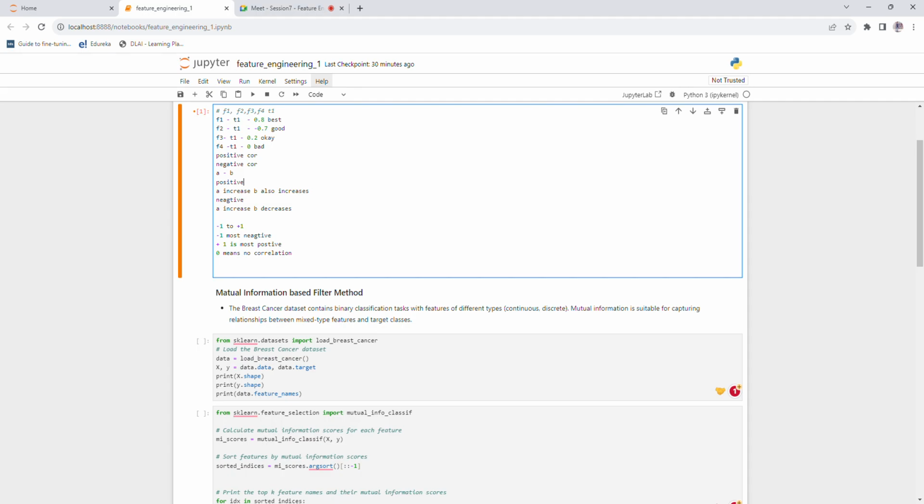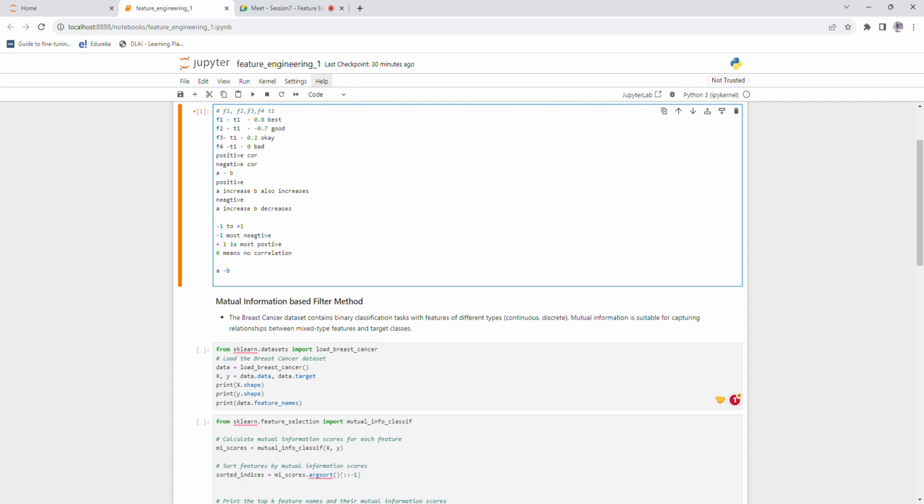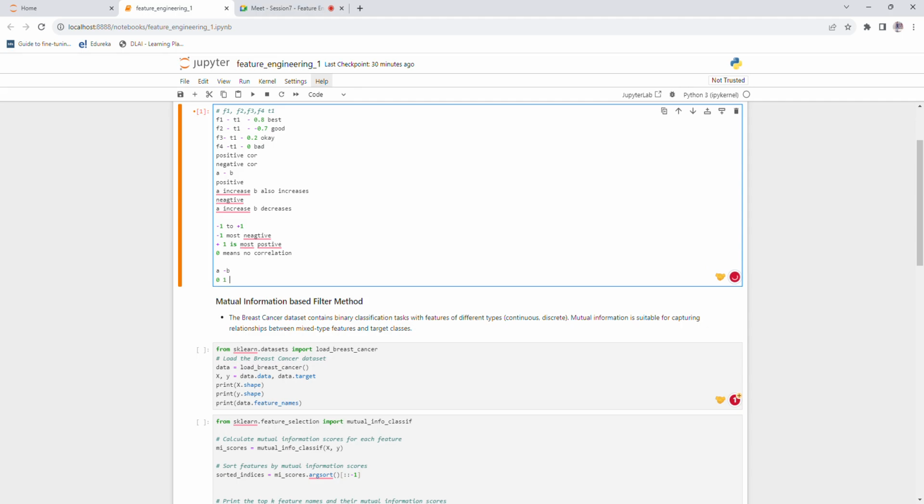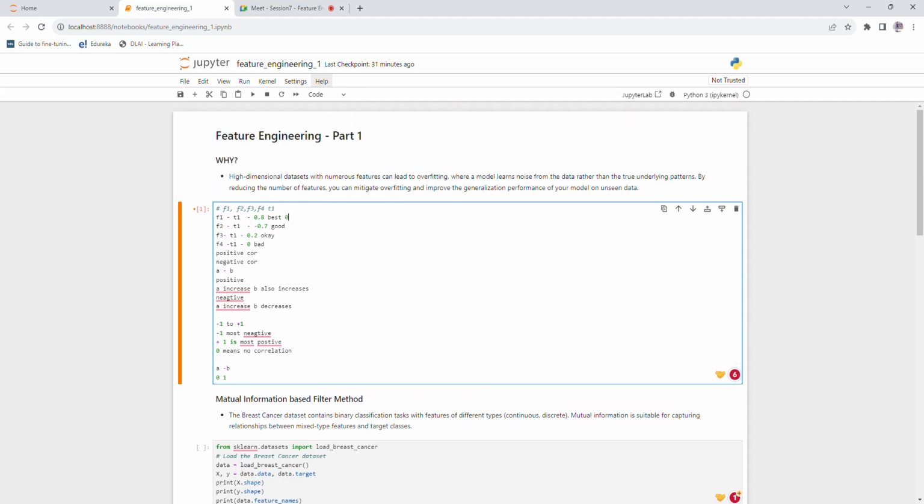Now what mutual information means is that the term mutual means two, right? So mutual is like among. So if A and B are there, then among A and B, how much information does A carry about B or B carry about A? That is called mutual information. Now this again is a value between 0 and 1. So 0 being lowest and 1 being highest, so if the mutual information is 1, then let's say in this case it is 0, 0.5,